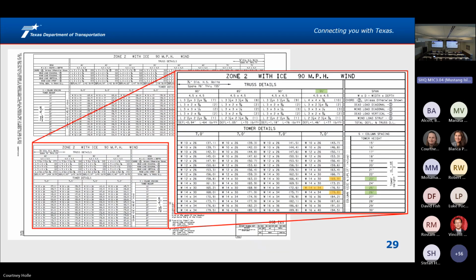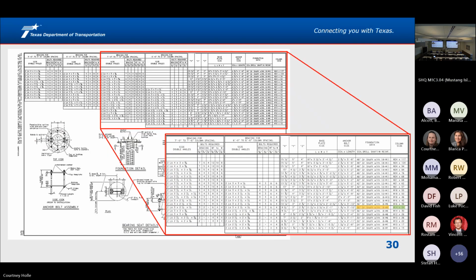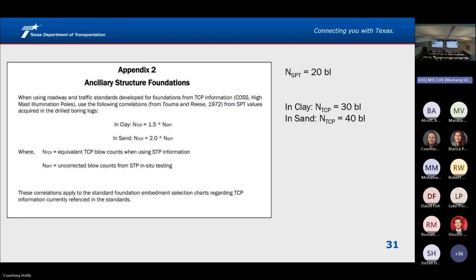When I take a look at this chart, I take a look at the span length, which is closest to 95. I go down to my column heights of 23 and 26, which kind of put my foundation loads at 70 and 80 kips, I believe. And it tells me there what my column size is also, which is the average of the 2. And so I go to the foundation data chart that tells me that there is a 36-inch drill shaft with 8 number 9s due to the correlation to the column size there.